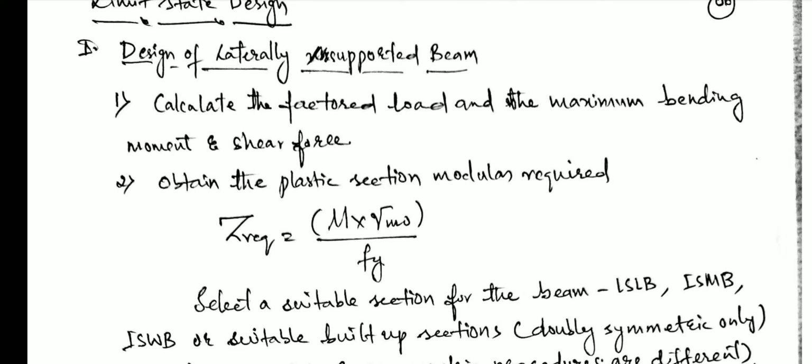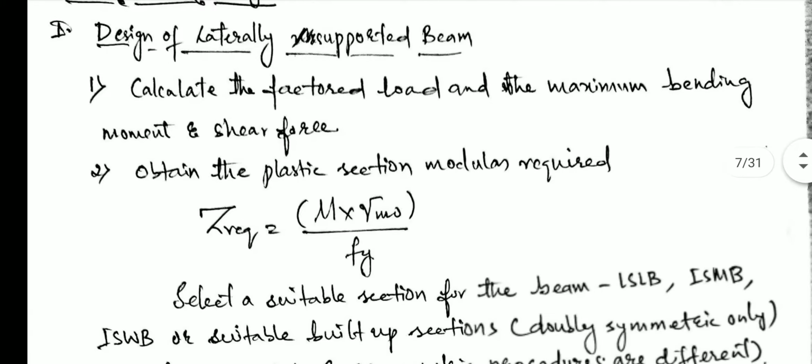It may be step two or step number 3, because in some cases they give the factored load, and in some cases they don't; they give the total UDL, and you have to multiply with 1.5. In some cases step 2 may become load calculation. It depends upon the type of problem. In some problems they give the total load directly, in some cases we have to calculate it. So first the given data, second load calculation, third the design bending moment and shear force.